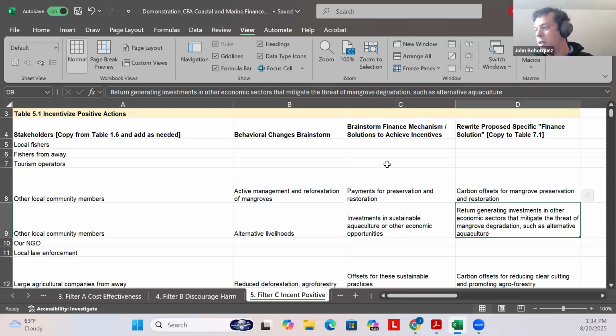So it could be grants or return generating investments in other economic sectors that mitigate the threat of mangrove degradation, such as, for example, alternative sustainable aquaculture